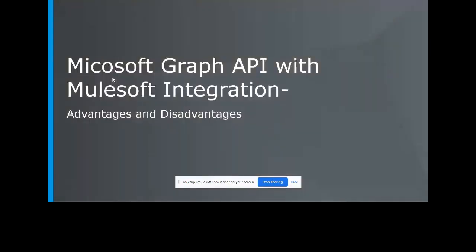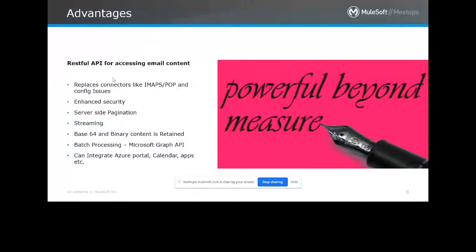So, advantages and disadvantages. I would like to stress some of the advantages and, of course, disadvantages. Like I mentioned, it replaces the connectors like IMAPS, POP, and config issues. I'm not sure many of you work with the IMAPS connector. There were some config issues in the early versions of Mule 4, but now they've been resolved. But still, connector issues can be resolved by taking advantage of the Graph API, because I believe